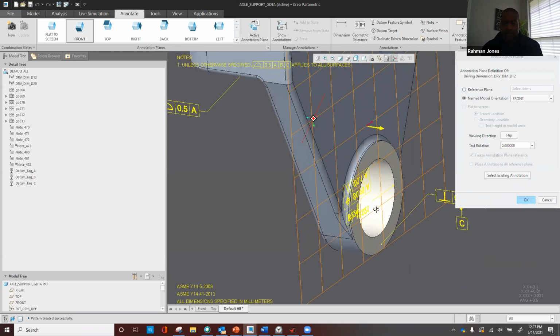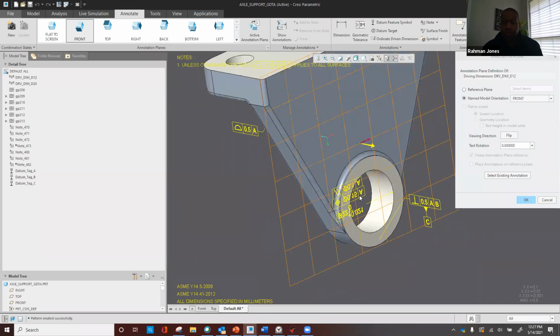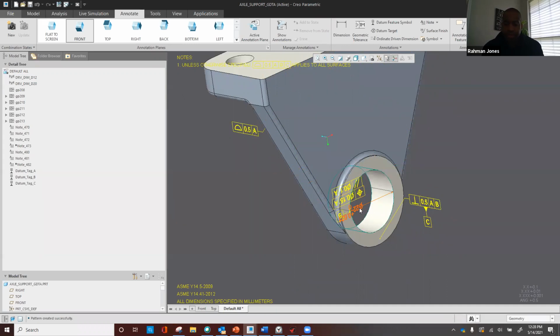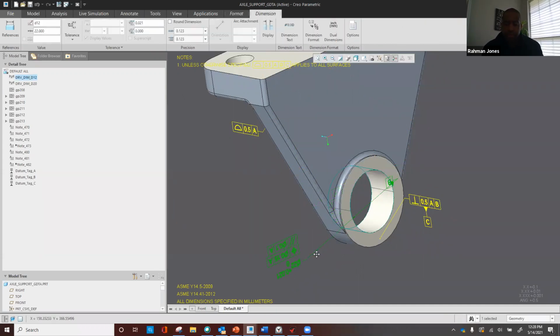And when we do that, we can see how the annotation is now put in that plane. And just to make it a little bit easier, I'm just going to move this out,